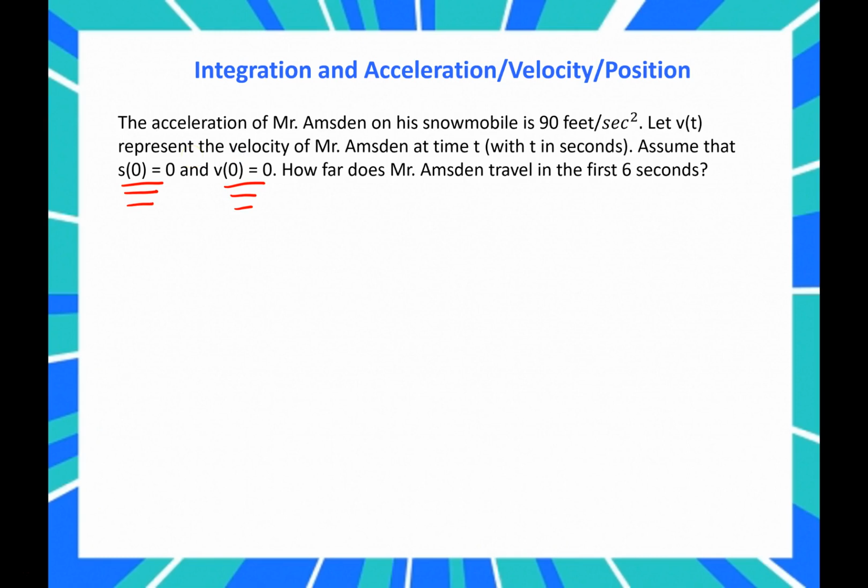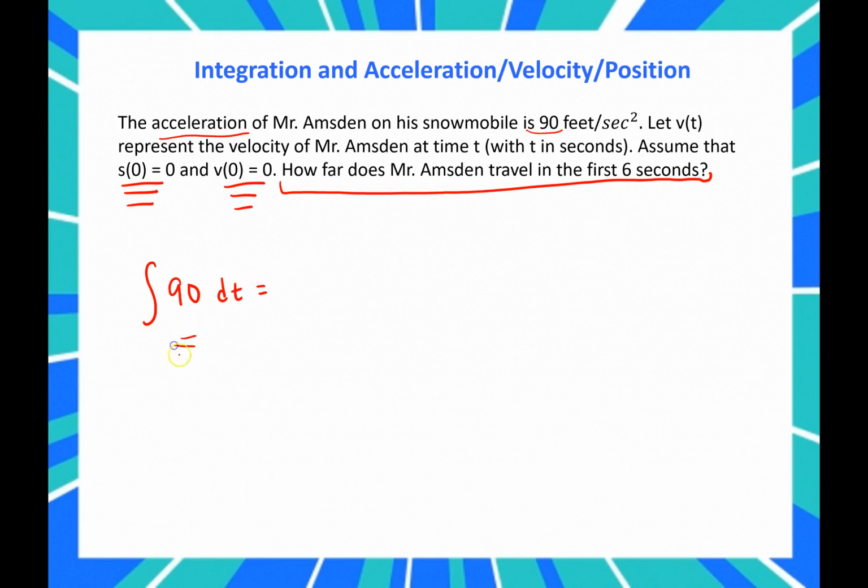So how far does Mr. Amundsen travel in the first 6 seconds? Well, what we're really looking for, how far does Mr. Amundsen travel, is s of 6 minus s of 0. This would be his position at time 6 minus his position at time 0. All right, so how are we going to find the position function? Well, we're given the acceleration is 90, so I can write that the integral of 90 dt is equal to